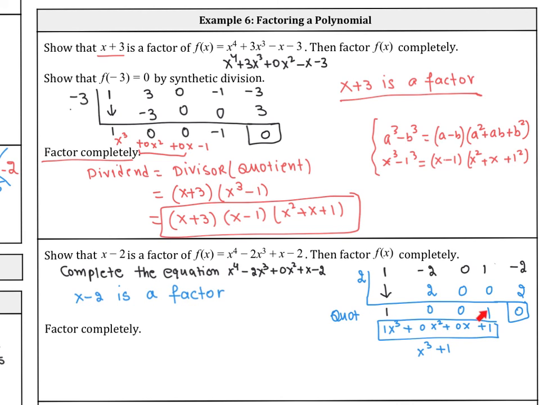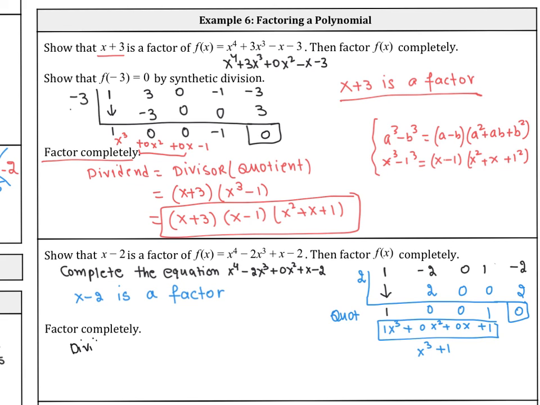Now you're going to turn these numbers into a quotient form. So always start 1 degree less than 4. So you're going to start here with 1x cubed plus 0x squared plus 0x plus 1. Since zeros don't mean anything, we just use them to complete the equation. We can rewrite this equation as x cubed plus 1. Now we're going to use the formula that is